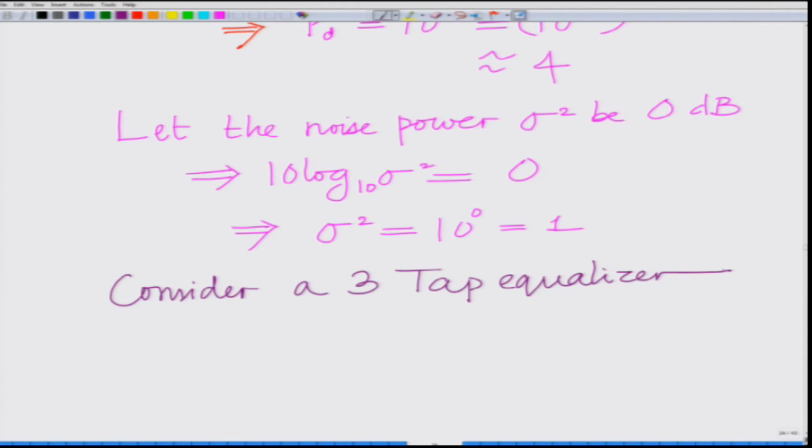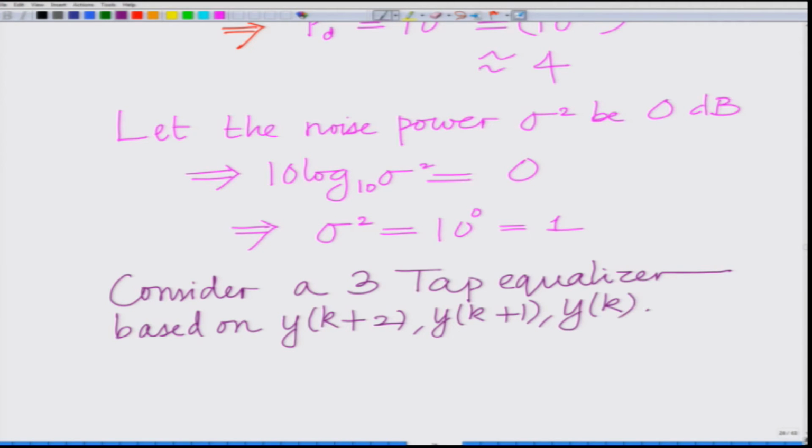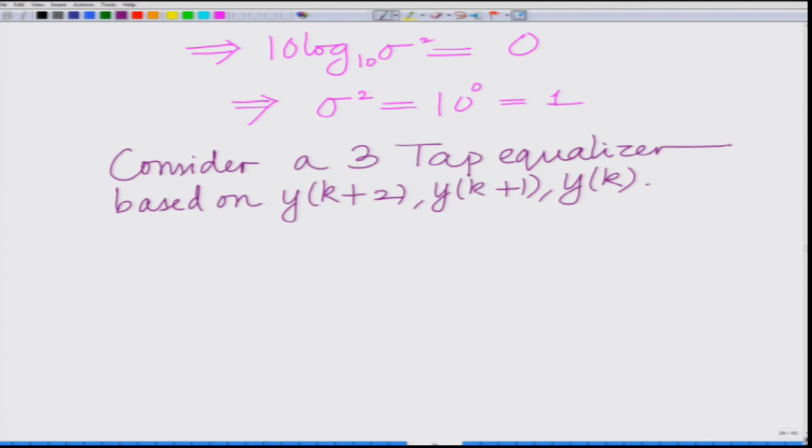Consider a 3 tap equalizer based on yk plus 2, yk plus 1, yk. Therefore, now writing the equations we have yk plus 2 equals h0 into xk plus 2, that is xk plus 2